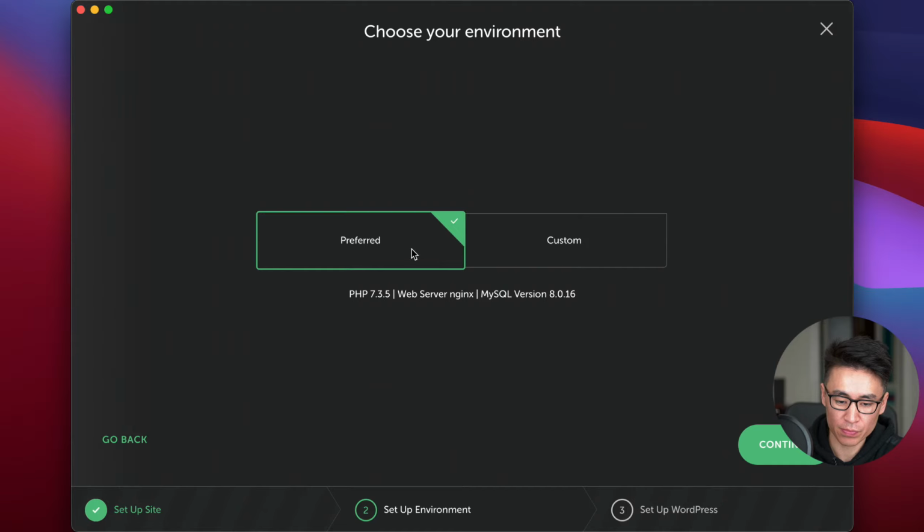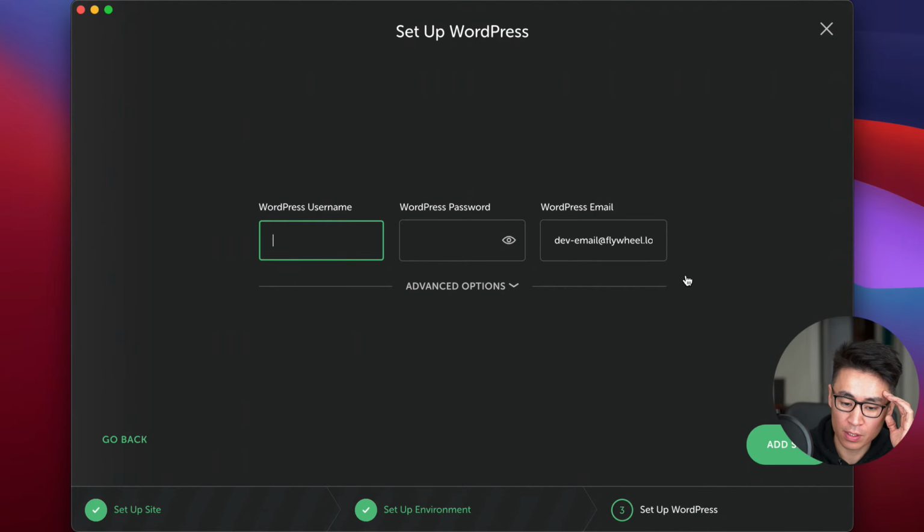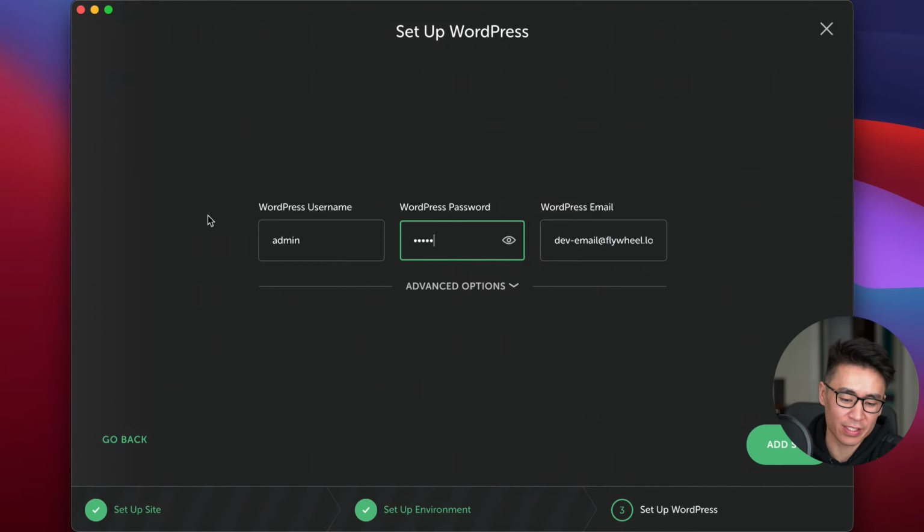And continue, just preferred. And admin. I know this is really just a test, so just put whatever you feel like. This is gonna be your username and password to log in, and the email address doesn't matter at this point. So yeah, just do it. There's an advanced option, but don't worry about it. And add site.